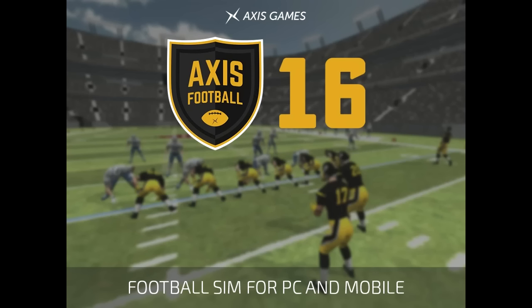What's going on, guys? As promised, I said I'd make a more detailed video explaining why we need options at the line of scrimmage in Axis football. I'm using Madden 08 here as an example of how you can manipulate the defense in your favor. If you have good players, you want to exploit the defense. I'm going to be using the New England Patriots because they have Gronkowski, and I'm going to show you also,